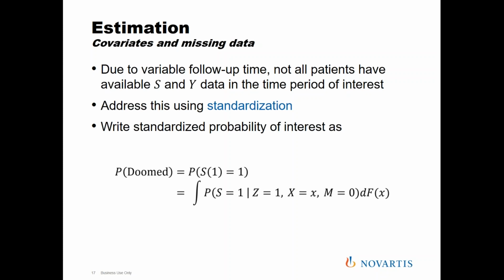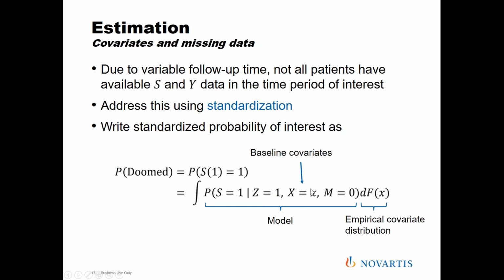Basically what it means is we write a standardized probability of interest. For example, the proportion of patients that are doomed, we estimated by calculating this integral, where the integrand is the model that we actually fit in the Bayesian framework, and the integrator is the empirical covariate distribution. So you have here baseline covariates that we think are important, and we have a missingness indicator, meaning that our model is a model of symptom occurrence in the active arm, conditioning on some baseline covariates, using the patients that are available to us at this particular time point. And so once you calculate this integral, you obtain the